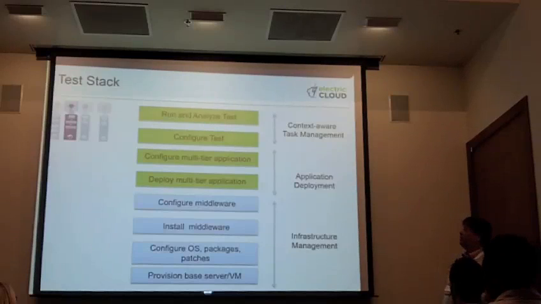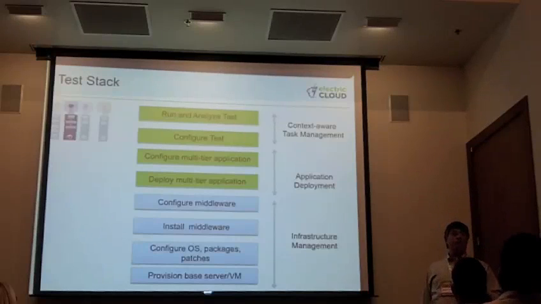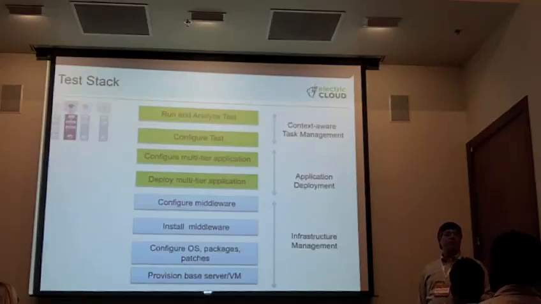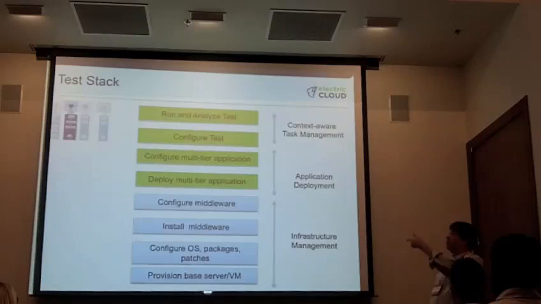That has to be much more of a self-service kind of way. If I found a bug, and I'm a QA person, and I notice that somebody marked that bug fixed, I want to be able to pull those bits, get them configured into my stack, even if there's no official build. I want feedback as soon as possible. You want things to fail fast. And the only way that you can do that is to automate things. Automate the infrastructure, automate the provisioning of all of these things, automate the analysis and the output, and make all of these things more self-service.